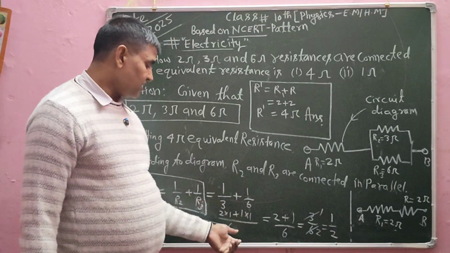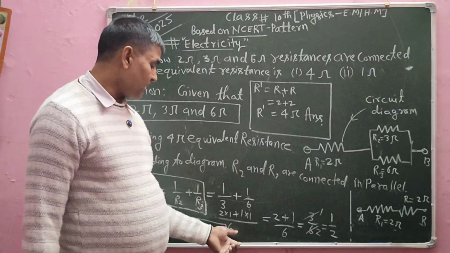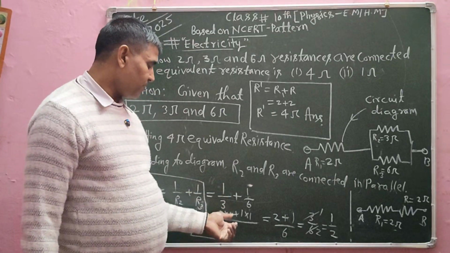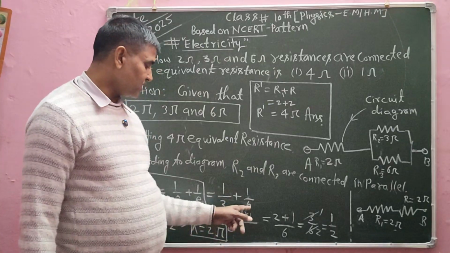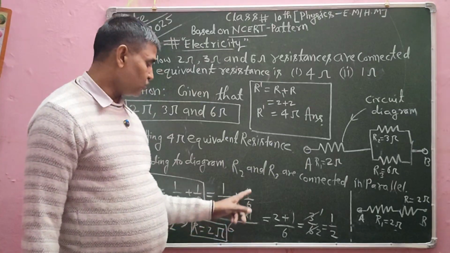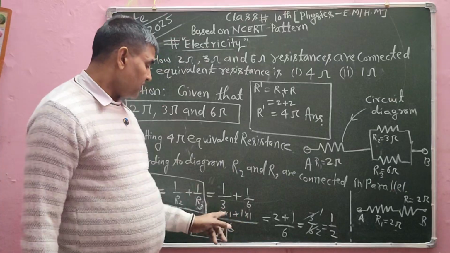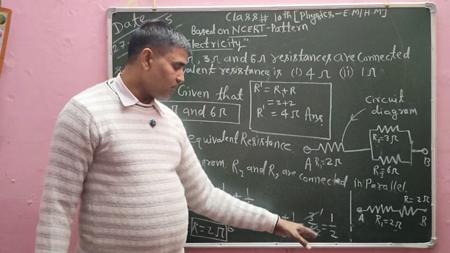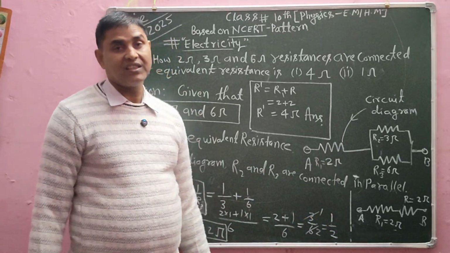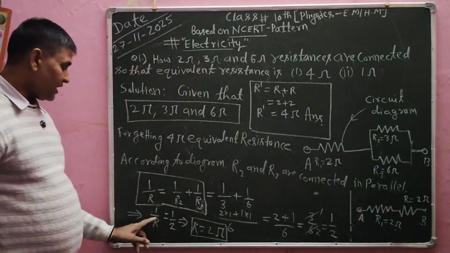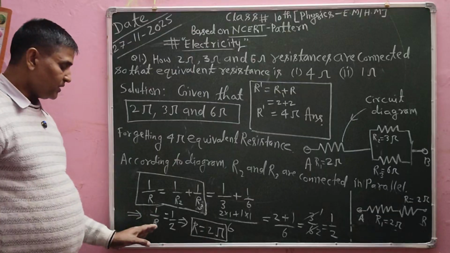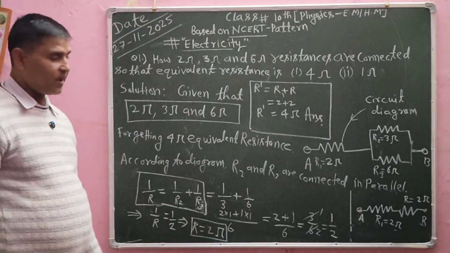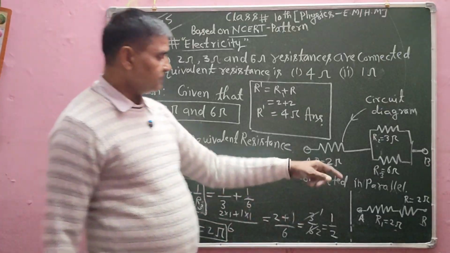इसको सिंप्लीफाई किए और 3 और 6 का एलसीएम लिए, एलसीएम 6 आया और 6 में 3 से डिवाइड किए 2 हो गया, 2 को 1 से मल्टीप्लाई किए। यहाँ पर प्लस साइन है, प्लस को रखे, यहाँ पर 6 में 6 से डिवाइड किए 1 मिला, 1 को 1 से मल्टीप्लाई किए 1 हुआ। इसलिए 2 और 1, इसको सिंप्लीफाई कर ऐड किए 3 डिवाइडेड बाई 6, इसको सरल किए तो 1/2 आया, इसलिए 1/R इज इक्वल टू 1/2 आया। इसको क्रॉस मल्टीप्लीकेशन किए तो R का वैल्यू 2 ओम हमने फाइंड आउट किया।